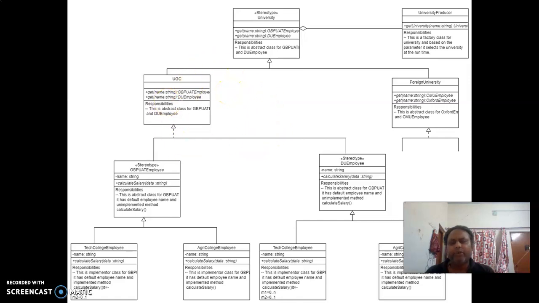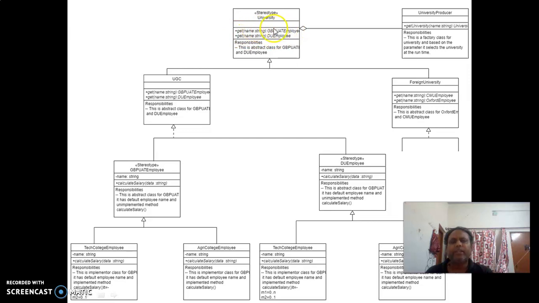Since we have a number of universities, this is the abstract class of those universities. This abstract class provides a method by which we can access those universities. All the references to those universities, there can be n number of universities, can be accessed by the method declared over here.